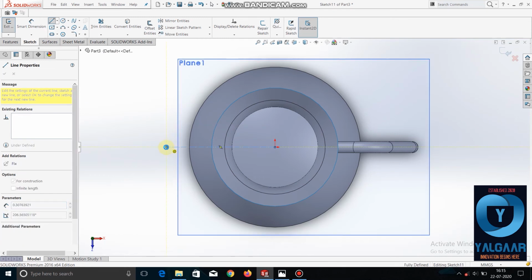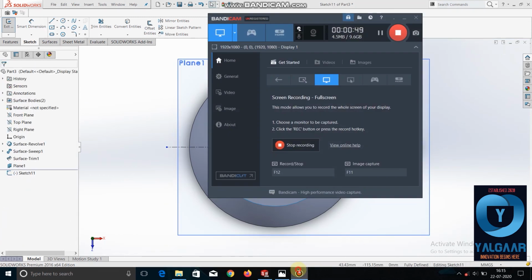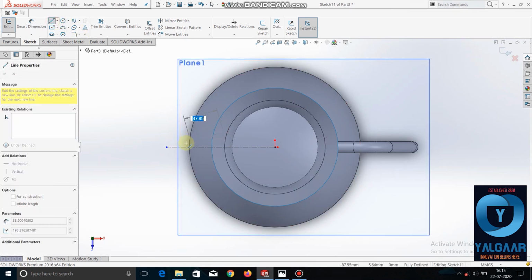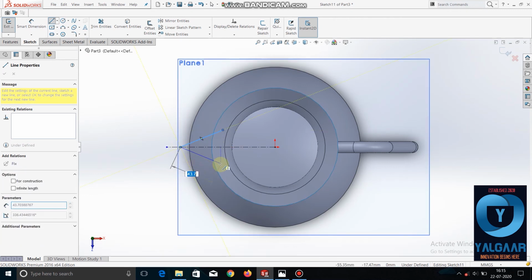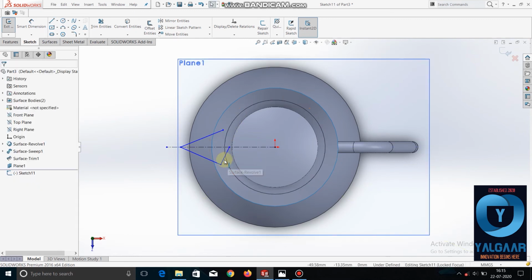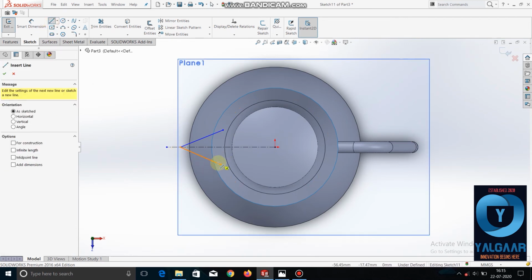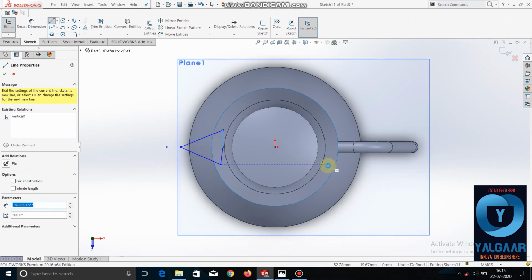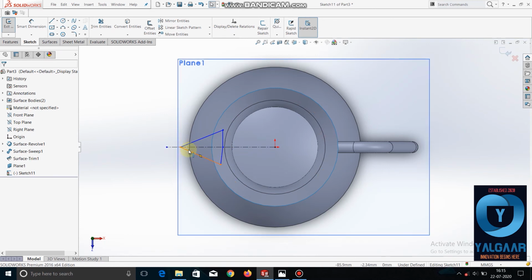Construct these two lines. Give fillet here of 5 mm, sorry 7.5 mm.